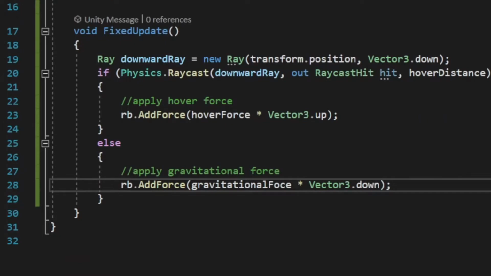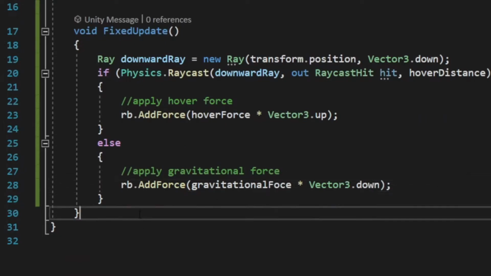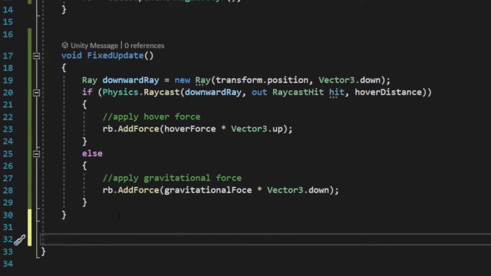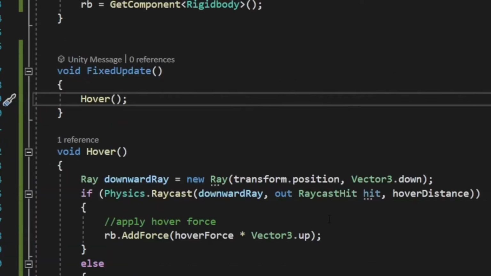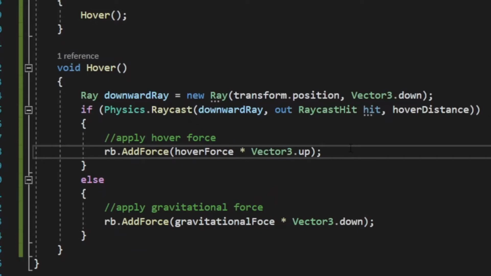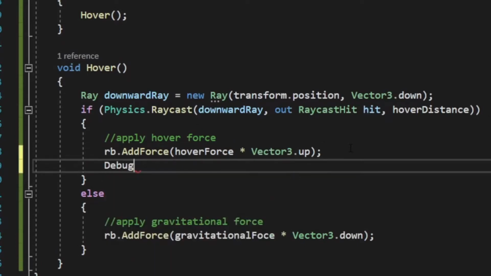And that should be good. That should be our hover. Let's actually make a hover function, and we'll put this in there. Inside this function, I also want to add some debugging, just so I can visualize what's happening. So I'm going to do